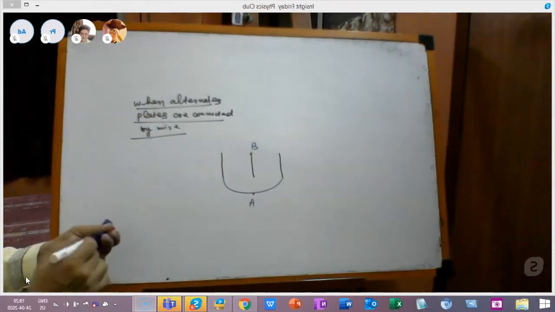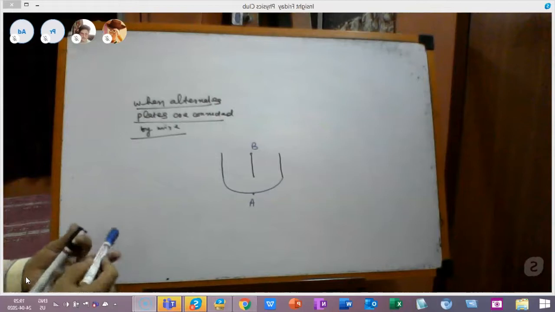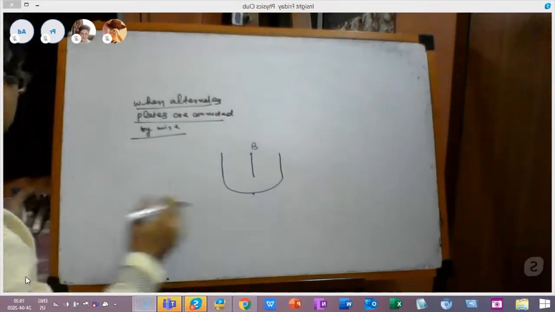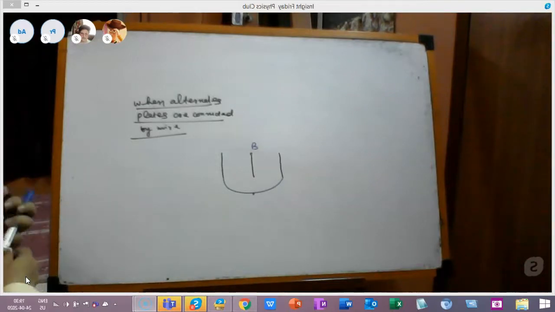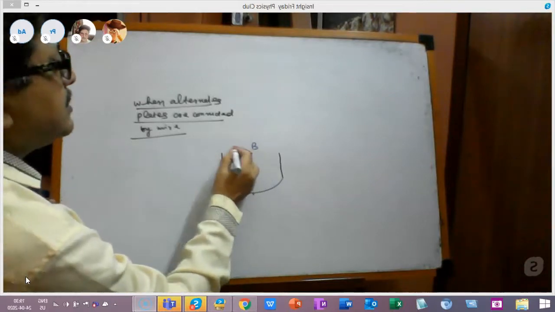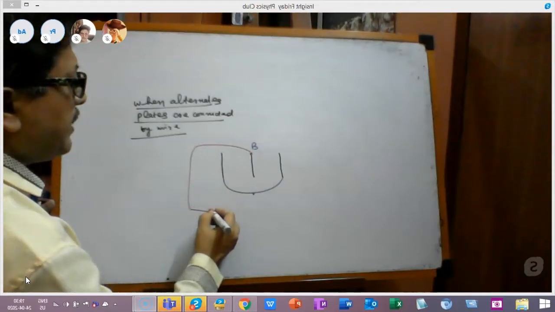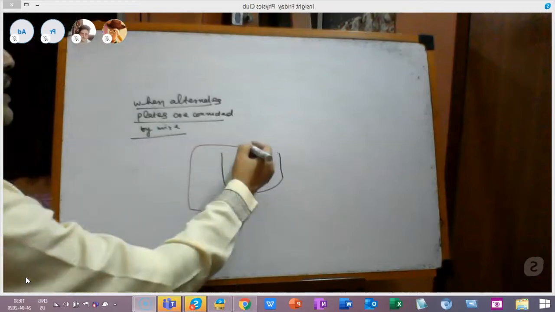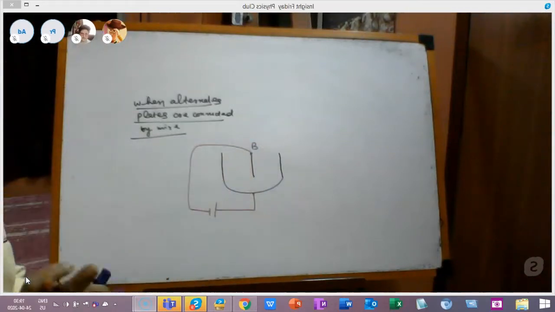So what will you do? Never forget the basic principle that between these 2 points, where you are going to find the capacitance, you must join a battery. This is a battery I will be taking. Another thing I remind you: if a plate is isolated, it will assume zero charge. But if a plate is connected to the positive terminal, it will get positive charge. If connected to the negative terminal, it will get negative charge. Here there is no isolation.